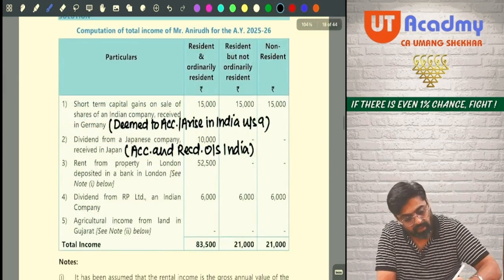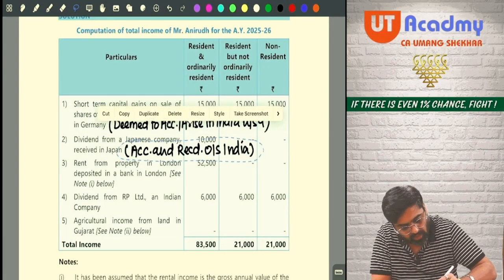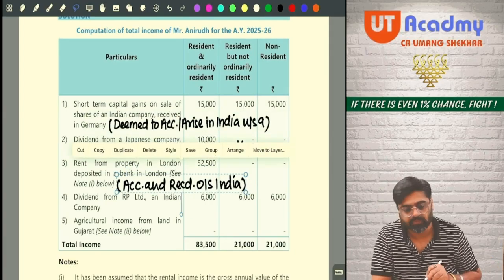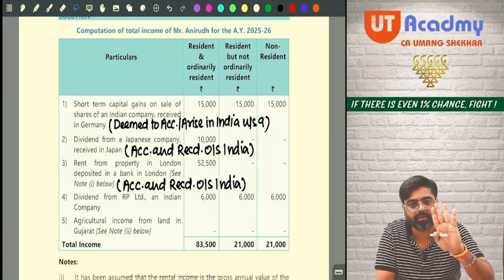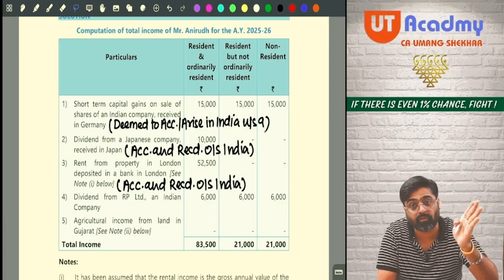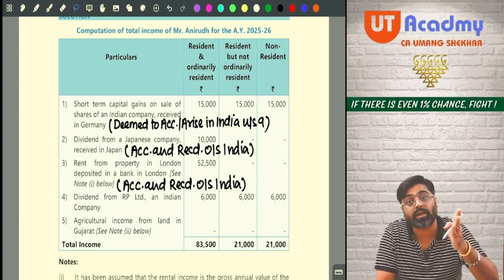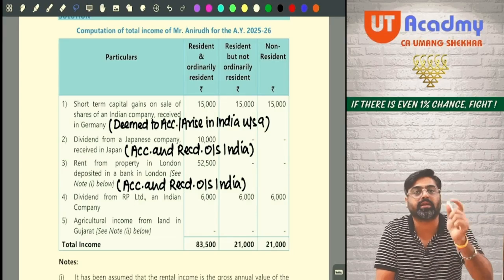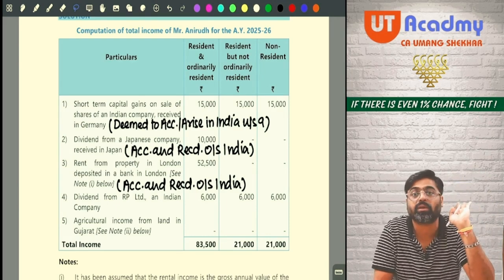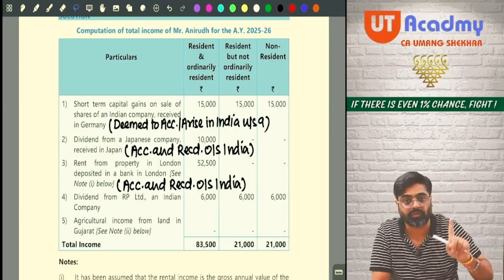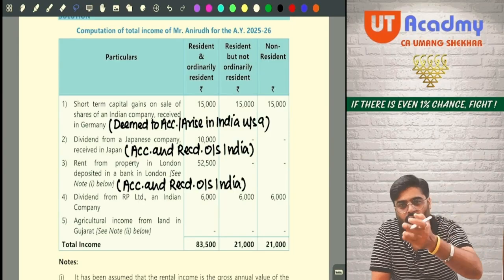So please check. This is 52,500. Can I say the logic for its taxability is the same which we did for the earlier thing? Copy paste. Accrued and received outside India, hence taxable only for ROR, but we have not taxed it fully because it was rent. We have taken 30% standard deduction, and after taking standard deduction, whatever house property head income is there, only that is included in the computation of total income. Yes or no? And see, the calculation of 52,500 is given below. We are not supposed to do like this. That calculation also you show here only.